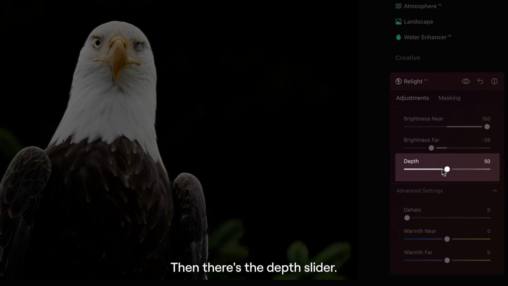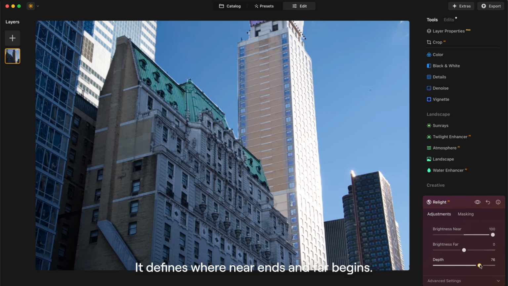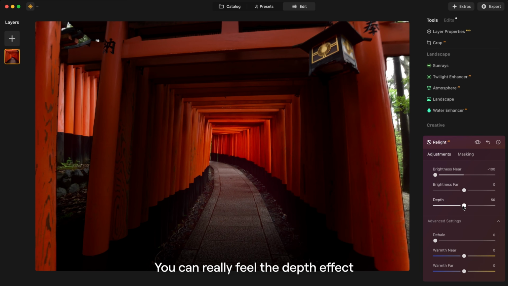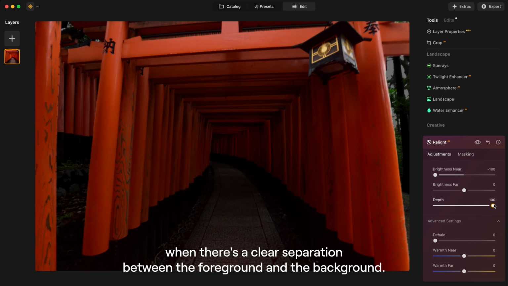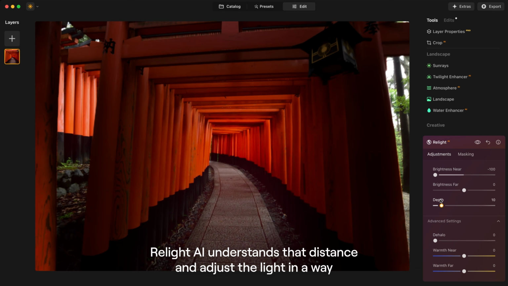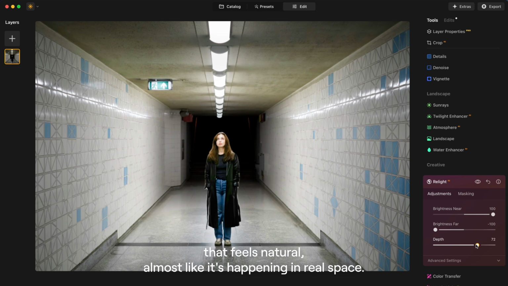Then there's the depth slider. It defines where near ends and far begins, so the transition between the two feels soft and realistic. You can really feel the depth effect when there's a clear separation between the foreground and the background. Relight AI understands that distance and adjusts the light in a way that feels natural, almost like it's happening in